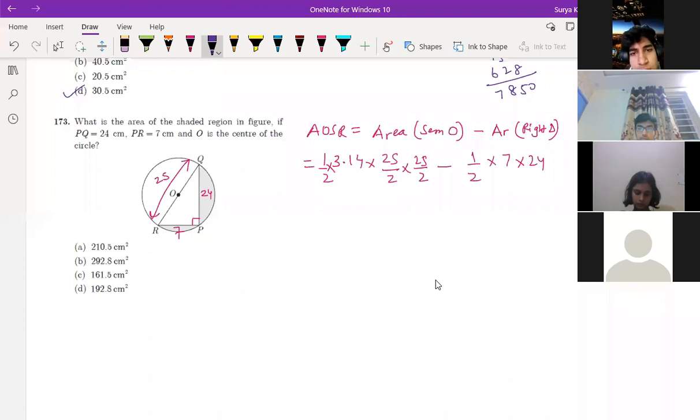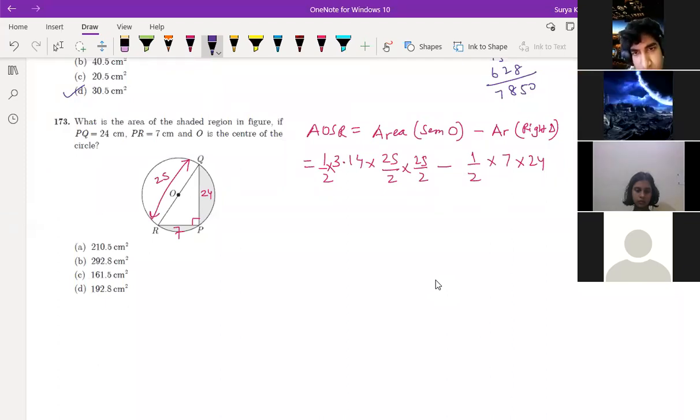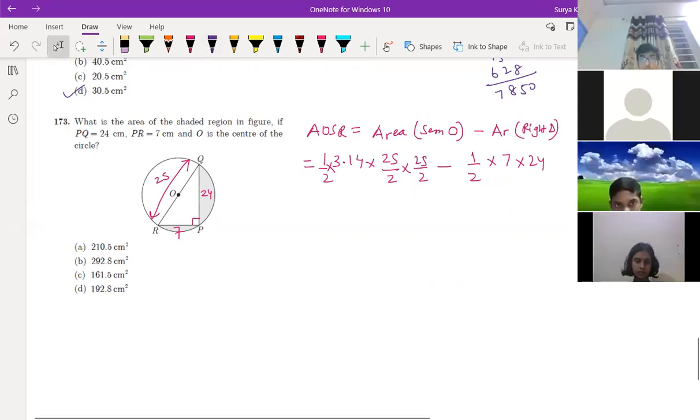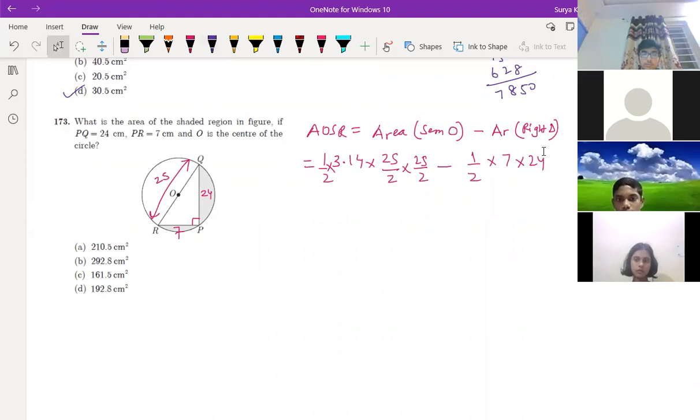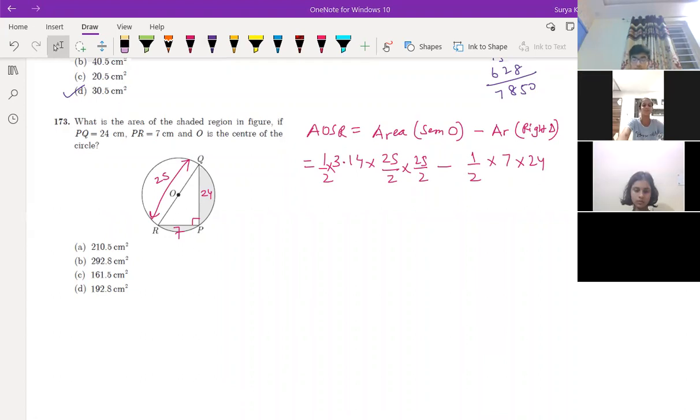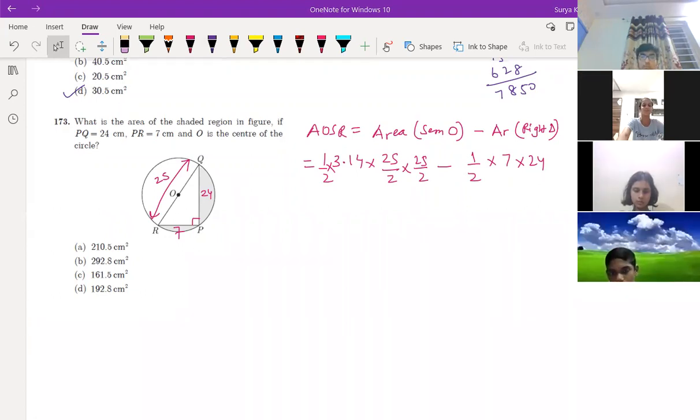Anyone got the answer? Anyone who is not understanding this? Chanchal, is it clear to you? Yes, sir. Now, next question you should explain. Okay, Chanchal, your camera is working? Let me check. Where are you? One second, I should tell every day, Chanchal, to on the camera. No, sir. So 174. Chanchal, question 174 should be explained by you.